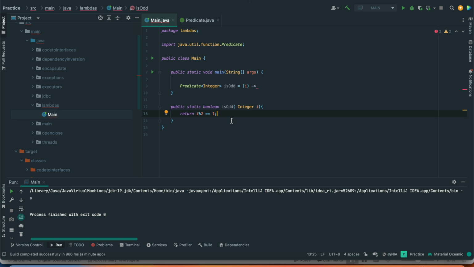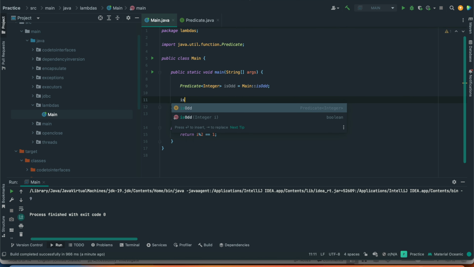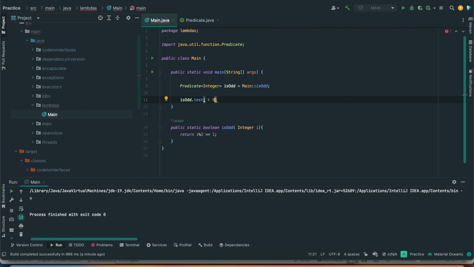So what we have done here, we have removed the implementation to outside. So now we can do this into our code as a method reference. So now if we say isOdd.test(9),